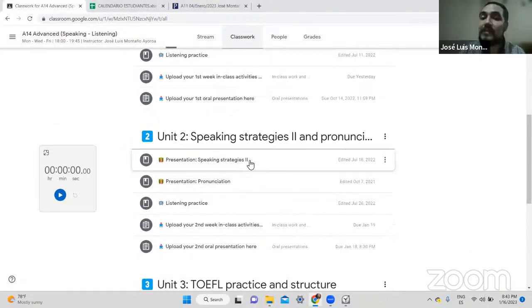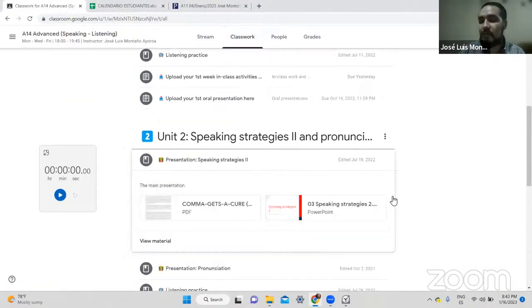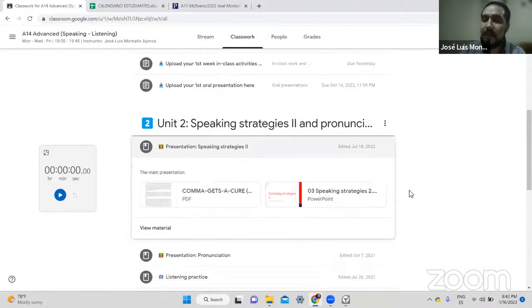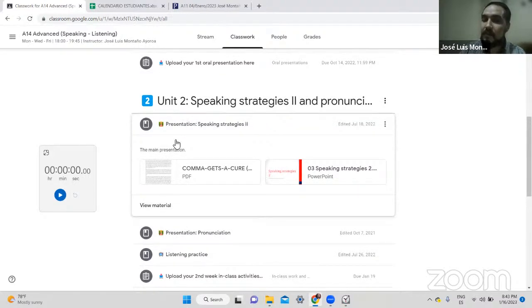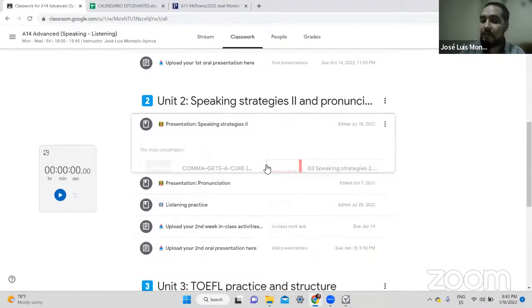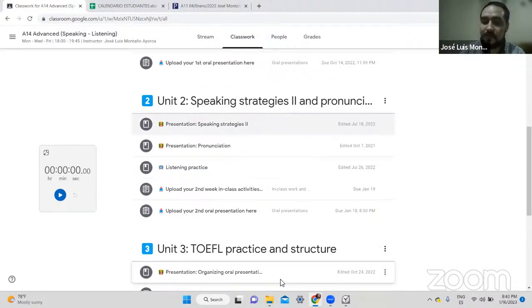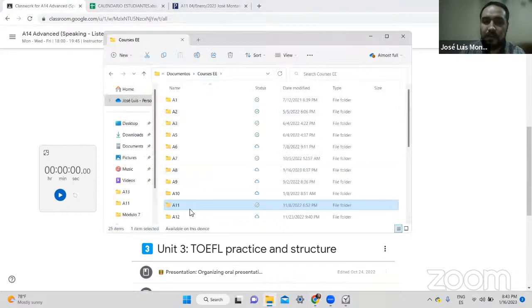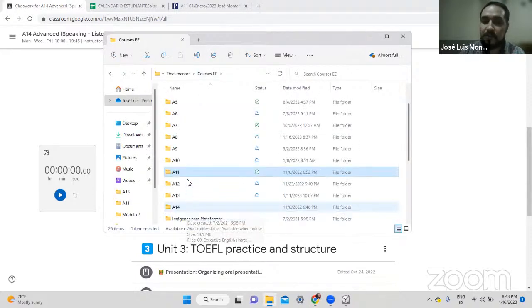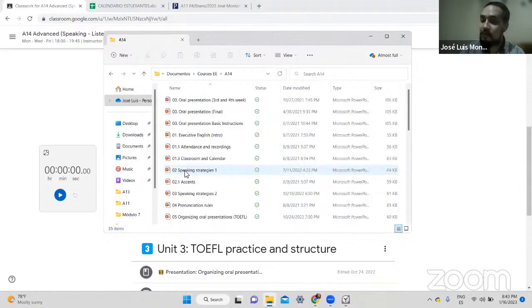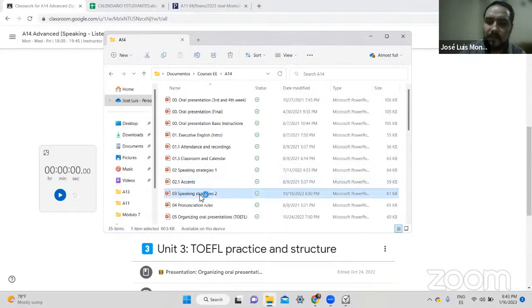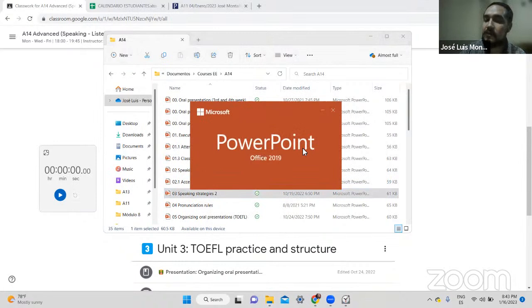Okay, let's start then. We have more strategies, right? Remember, the main idea here is about practicing speaking, and that's what we're going to do. Here you have access, as always, to all the material, because here, besides the presentation, you are also going to use with me an extra document that is a script to read, to practice different accents. But to get there, again, we're going to go to speaking strategies 2.